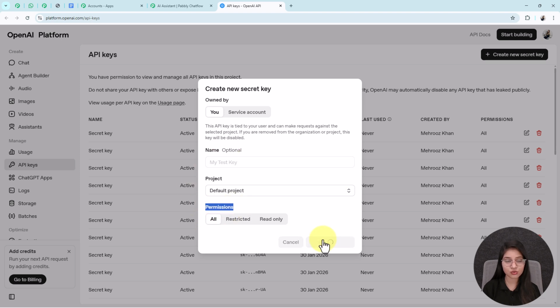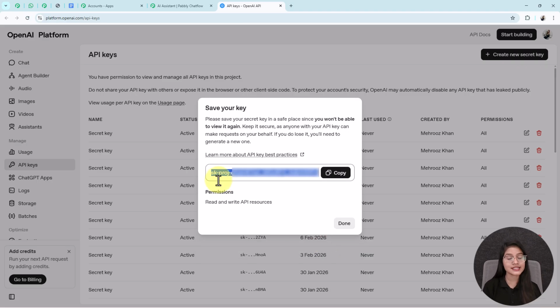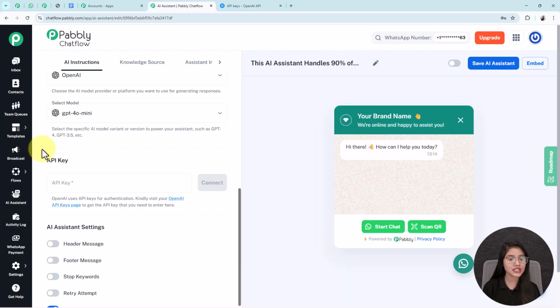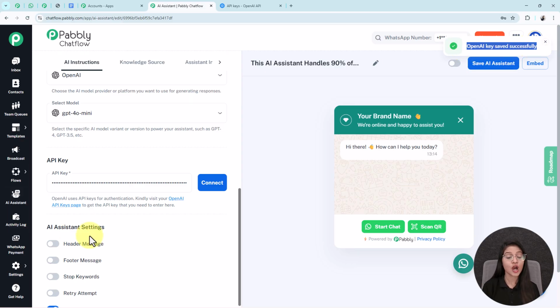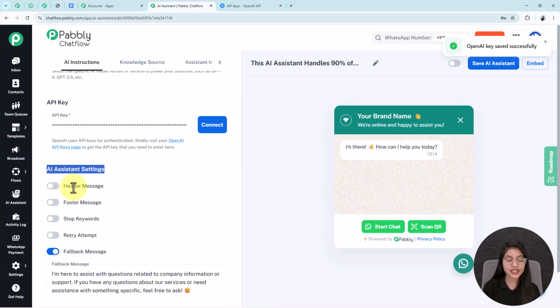Next, I will click on this create secret key button and see I got the API key, so I'm copying this from here and going to paste it in this field. After pasting the API key, you just have to click on this connect button and see it says that OpenAI key saved successfully. Moving forward are the AI assistant settings with some options where the first one is the header